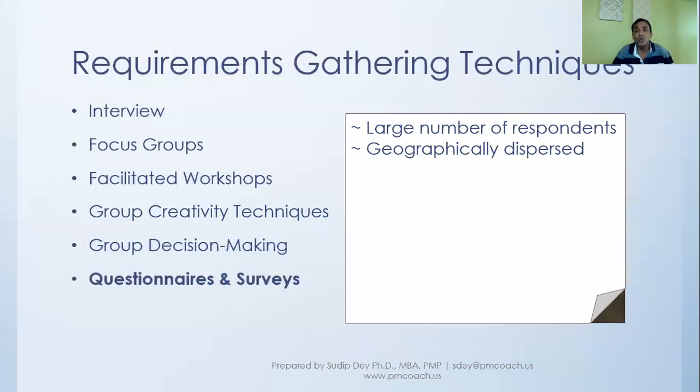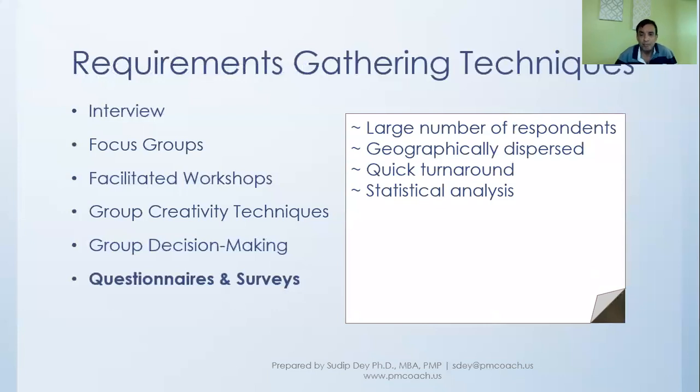And you can reach out to respondents who are geographically dispersed. For example, someone might be in India, someone is in Germany, someone is in Egypt, or someone is in Canada, you can reach out to people anywhere through this questionnaire survey. It has the advantage of quick turnaround in the sense that, first of all, it doesn't take a long time to set this up and reach out to them, and people can actually turn back with their responses very quickly